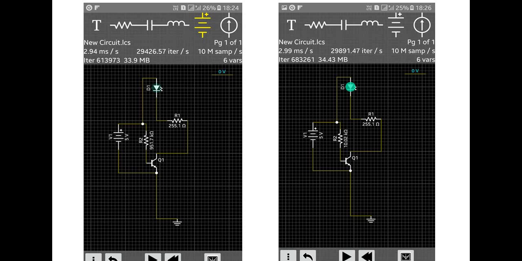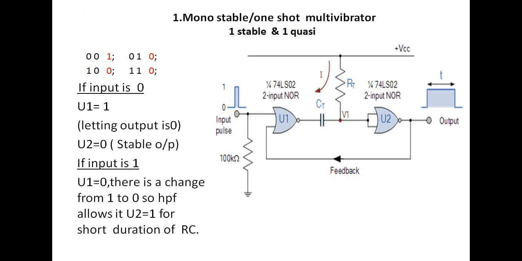So throughout all the multivibrator discussions, we are going to operate the transistor either in the cutoff region or in the saturation region. In the first case, we are operating the transistor in a cutoff region. In the second case, we are operating the transistor in a saturation region. So based upon this technique, we are going to analyze the circuits of all three multivibrators.